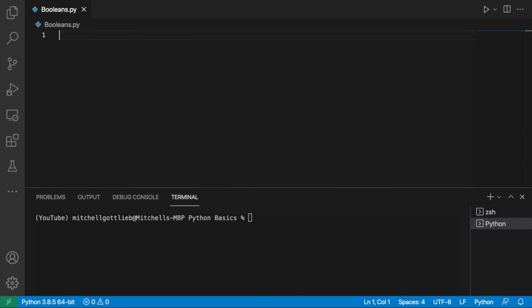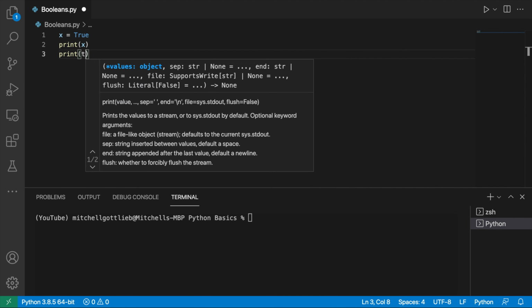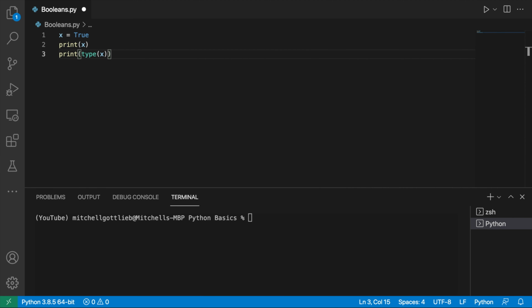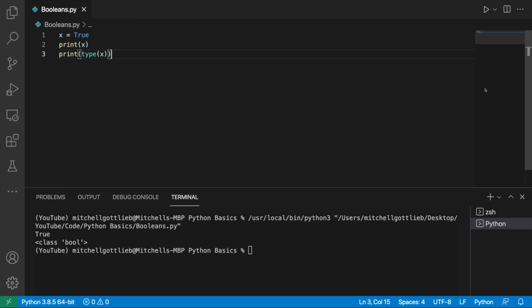Let's go ahead and create a variable named x and set it equal to the Boolean True. Notice how I capitalized the T and didn't put quotes or anything around it. This is the syntax for creating a Boolean. We can now just come down here and print out x and then print the type of x. When we run it, you'll see that it prints out True and the class is a